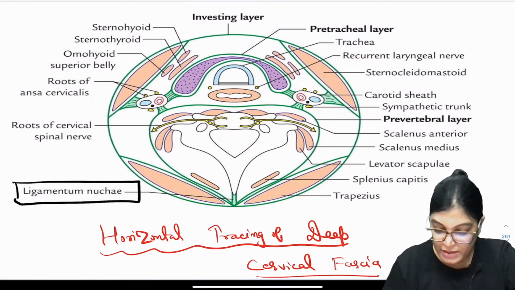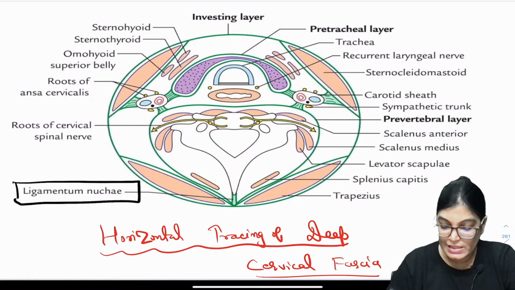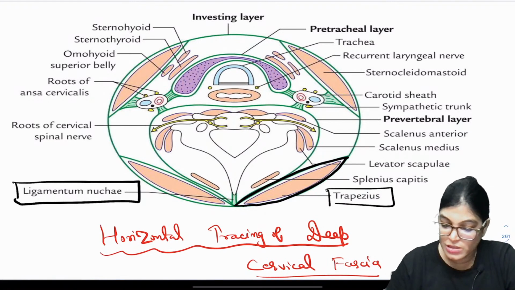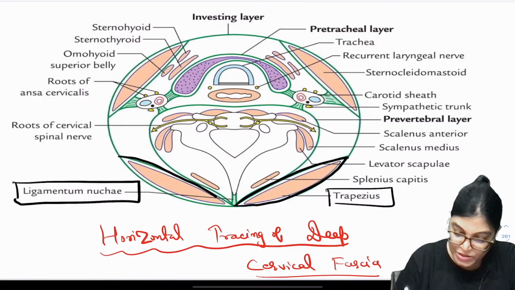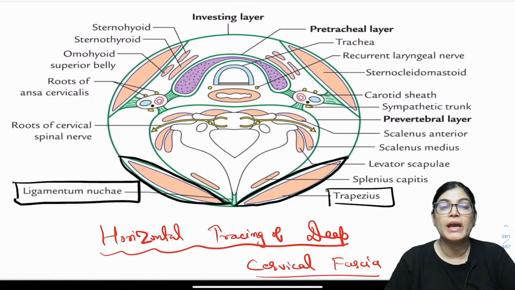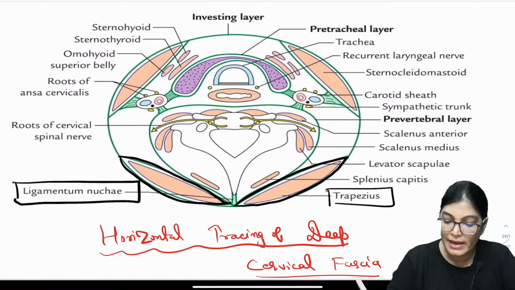Got it? So from the ligamentum nuchae it is starting, as you can see, at the posterior aspect, and after that it is enclosing one muscle. What is this muscle? It is enclosing the trapezius muscle, as you can see, on both sides. So it encloses the trapezius muscle starting from the ligamentum nuchae, and at the anterior end again what happens,